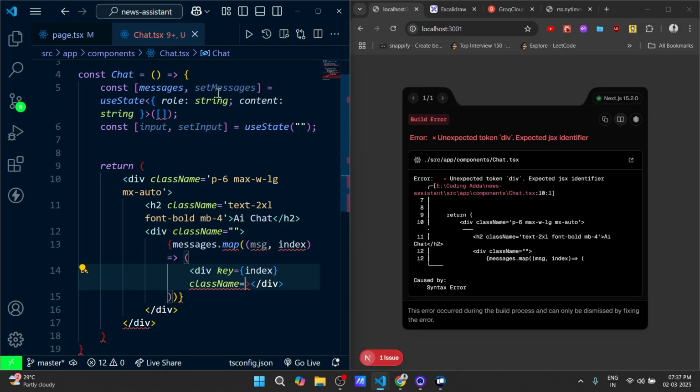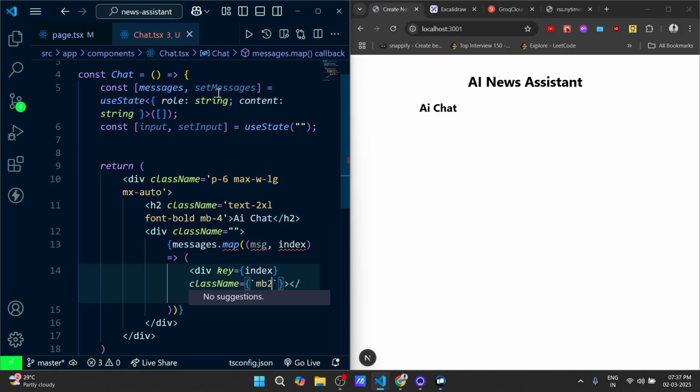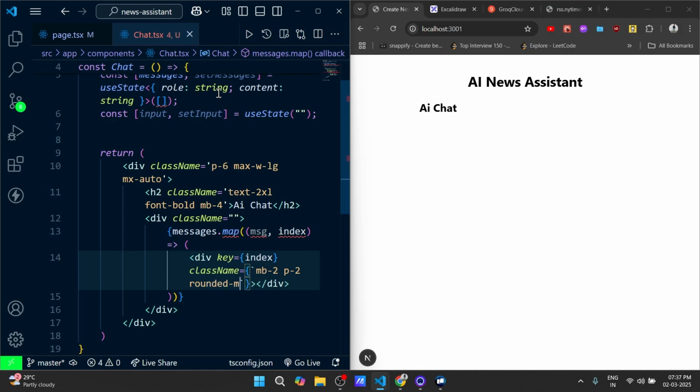and that backticks will be in the curly braces. Okay, obviously the first thing, there are some things that would be common, like the margin bottom to be 2, the padding to be 2, the rounded it should be medium level. Okay, now